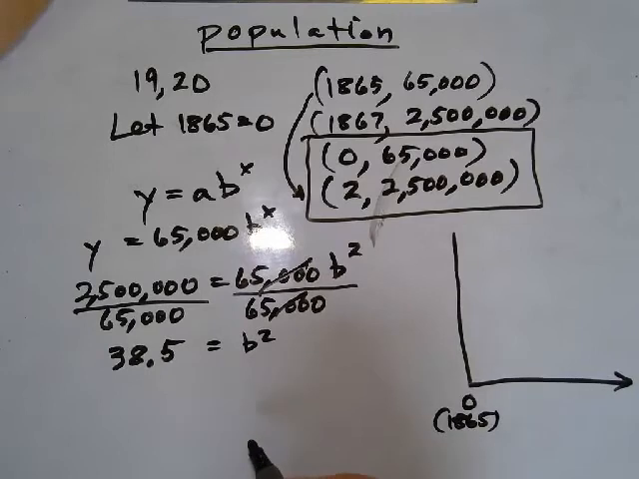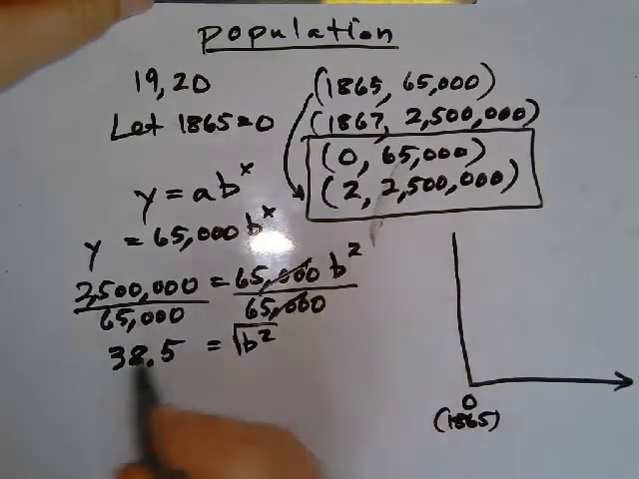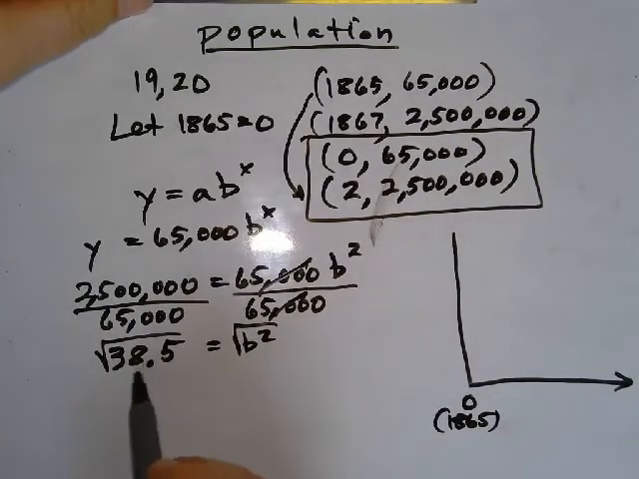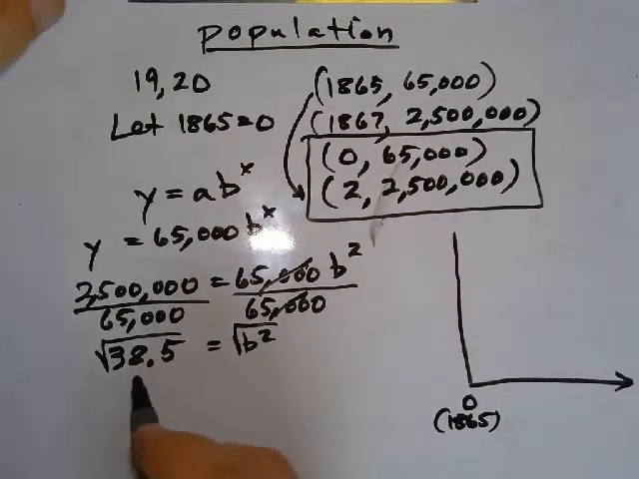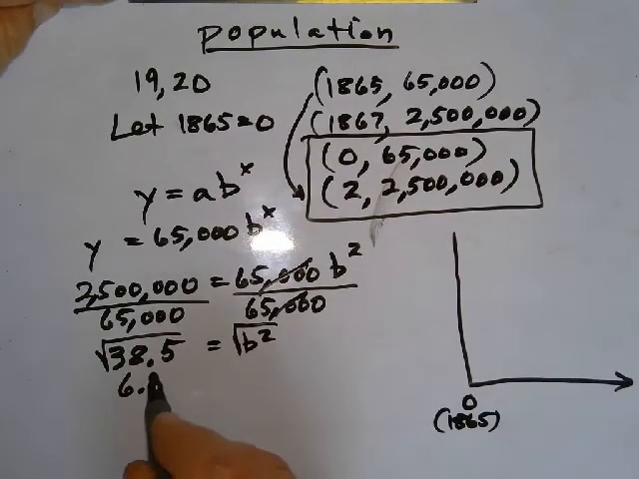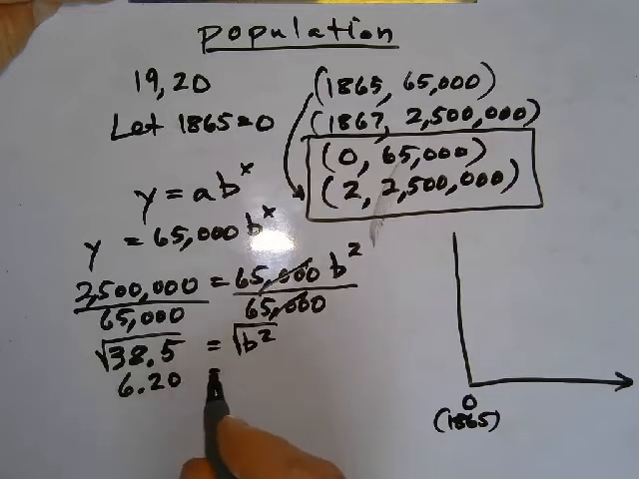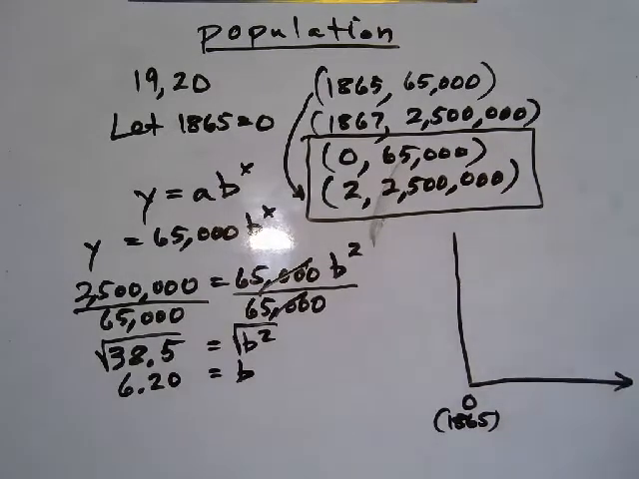Well, in order to get b alone here, we're going to have to take the square root of both sides. Well, the square root of this, I could probably get close in my head. It's a little over 6. But let's go ahead and use the calculator here. So when I take the square root of both sides here, I get about 6.20. We're going to put the 0 there just because we want some accuracy on this. So the base is now